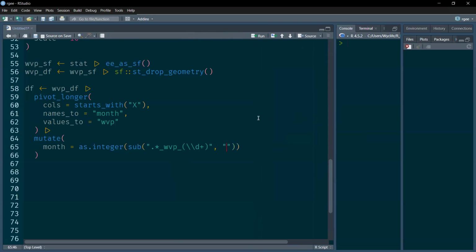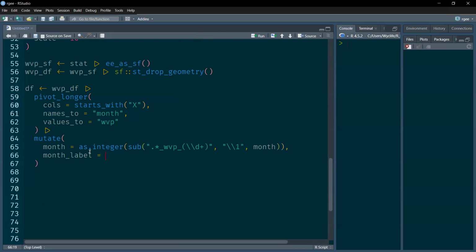So this is why it's important not only to know Google Earth Engine itself, but also to understand the workings of the R programming language, how we can use a regular expression to substitute these digits that appear before and after. We eliminate all that appears before, and then we keep only the numbers, and then we pick that from the month column. All right, then we can also add a month label